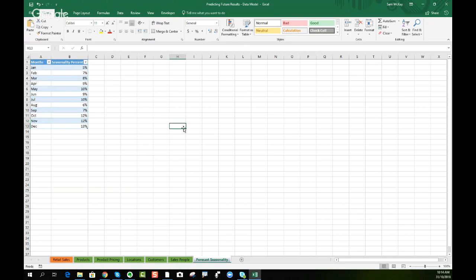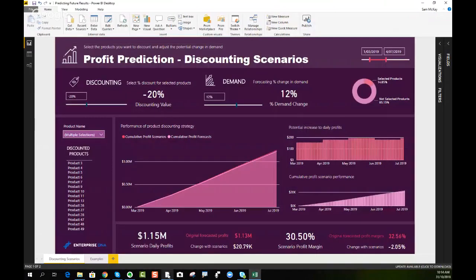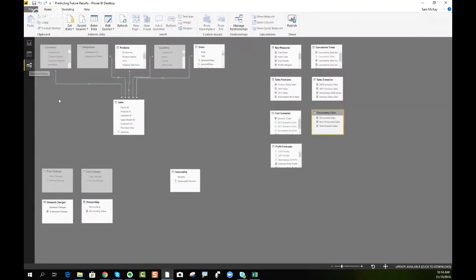Right. Okay, so hopefully that's all clear. And now we're going to start building it out. Now, the first thing we need to do is we need to sort out the model. So let's go and have a quick look at the model, okay? And so you'll see, if you've been to a few of my sessions before, you've watched many of my videos,